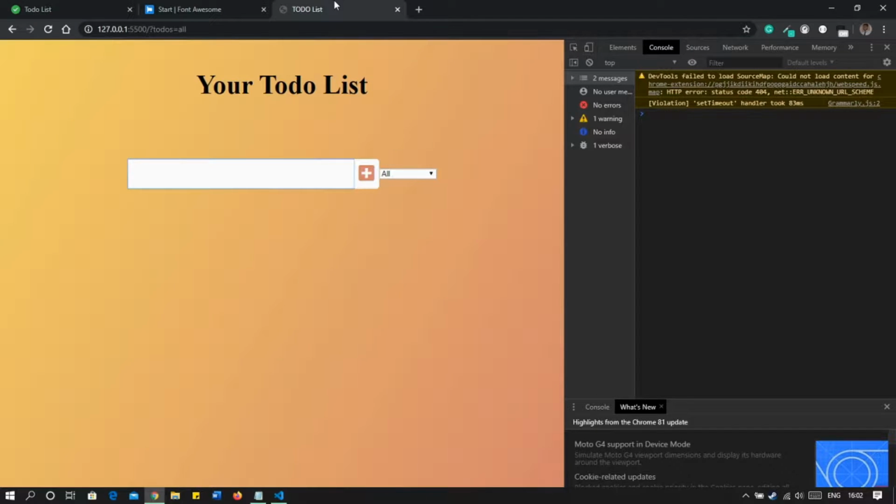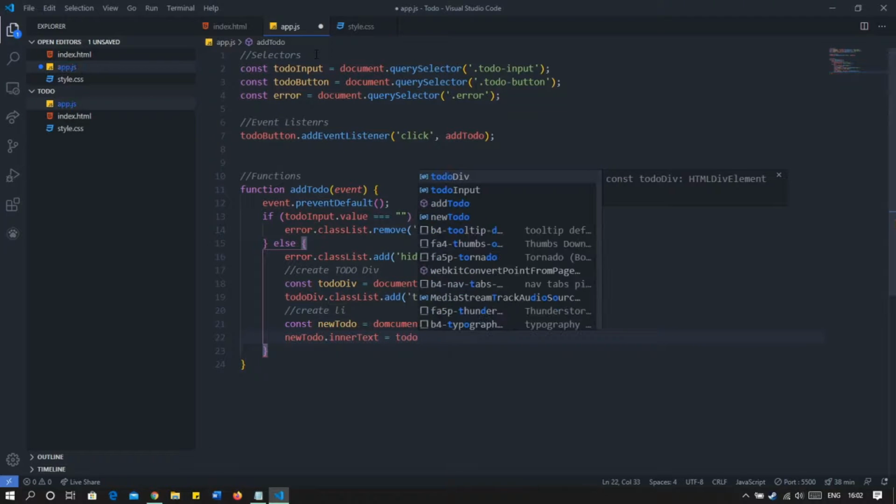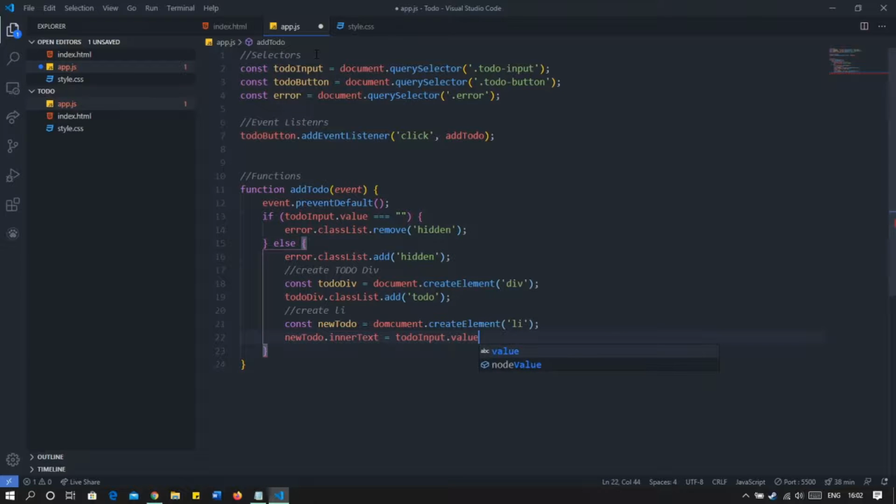So we will do that like this. We will use new to do dot inner text equal to, we will add to do input dot value. So we will put that value in here.